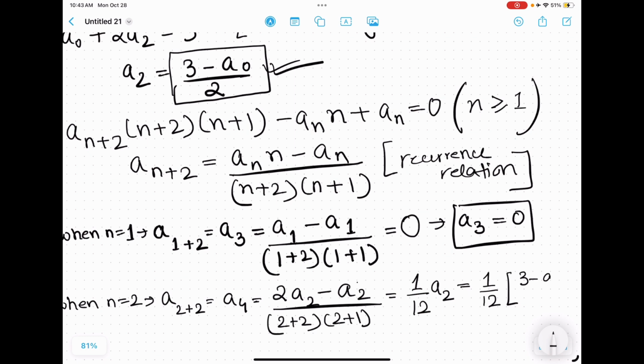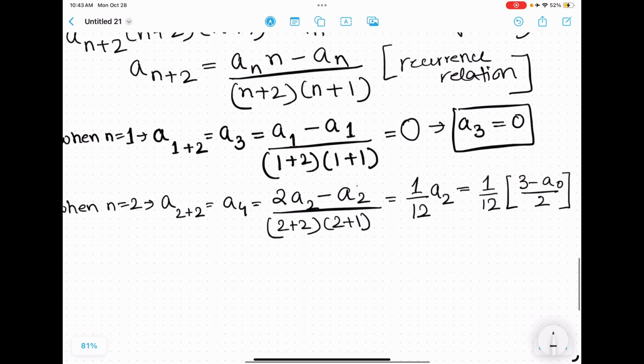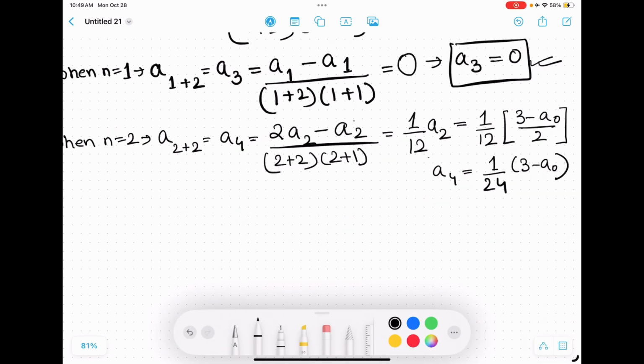So I have 3a sub 0 by 2. We can just leave this as it is, or if you want to further simplify, you can do that too. So let's just further simplify that. All right. Now, another thing I want you guys to observe is that this 24 can also be rewritten as